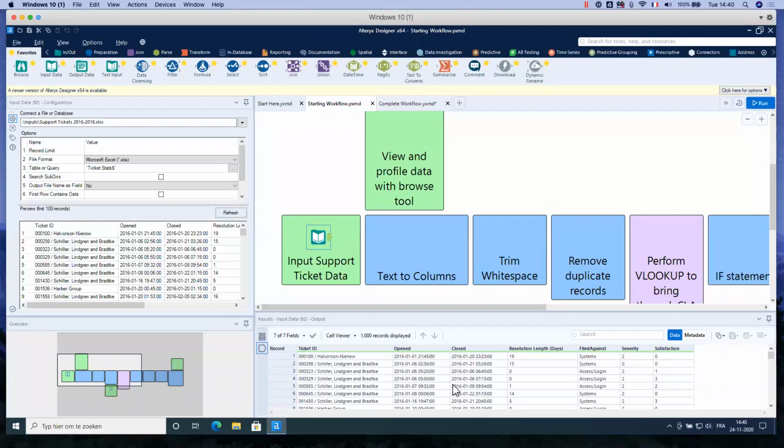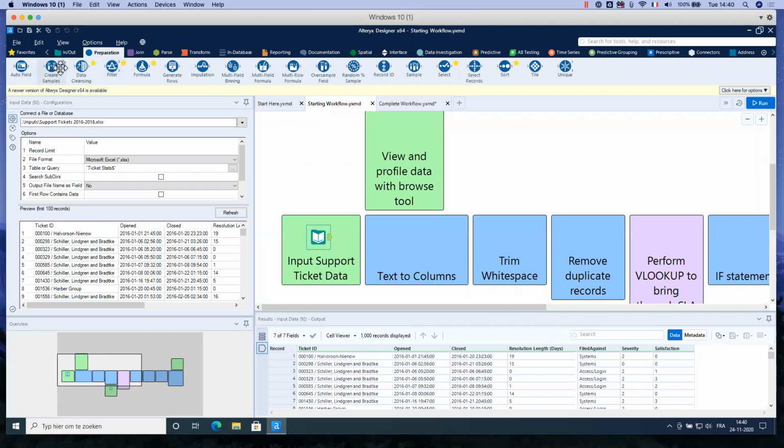yes, a view of our data. But in fact, to assess the quality of the data, we need first to drop a browse tool in the view. So on the top, you see you have all of the tools of Alteryx, and they are organized by category. So for example, in green here, you have the in and out tool. So you have the input data when you want to read your data, and you have also the output data. So when you want to export your data into an Excel, for example.